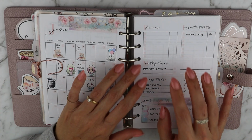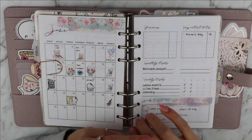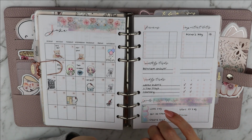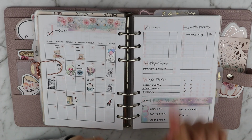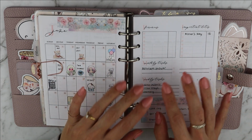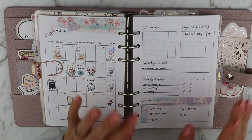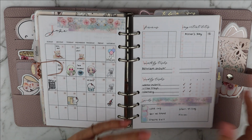I have to mark down things like bathroom showers. So I need to clean my bathroom showers because it drives me bonkers not cleaning them. So it's something that I do need to put. If I don't put it down, I will only remember when I'm taking a shower, and that's just insane. I'm not gonna clean it while I'm taking a shower. But anyway,